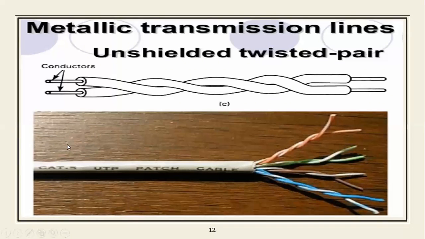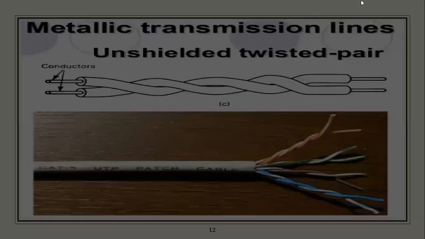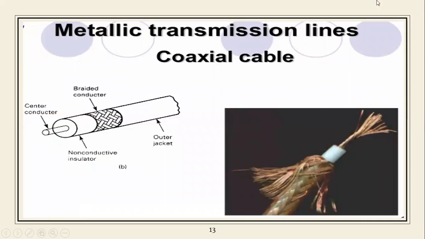So this is nothing but the unshielded. Why are we saying unshielded? See here the shape and the cuttings. This is the main cable, and in that there are various colored cables. They are connected together. See, the name itself indicates twisting: they are not in a straight form, they are in a twisted form. Those leads are again the conductors, and at the end the leads will come out, so with the help of that you can identify it easily.